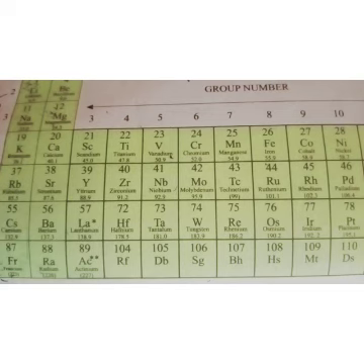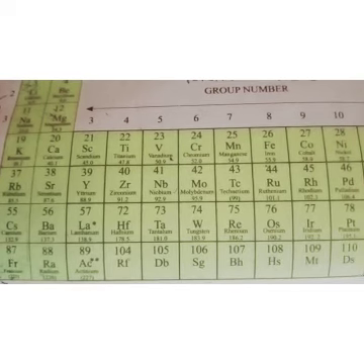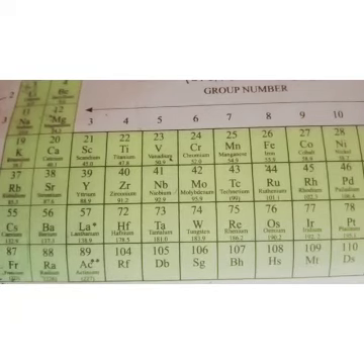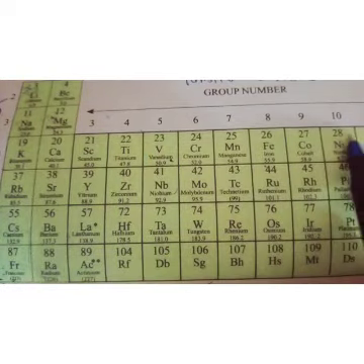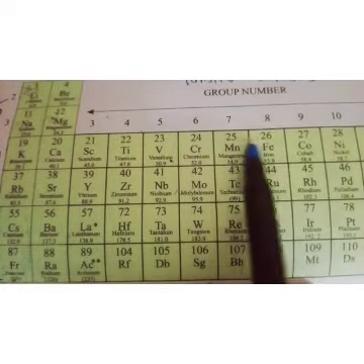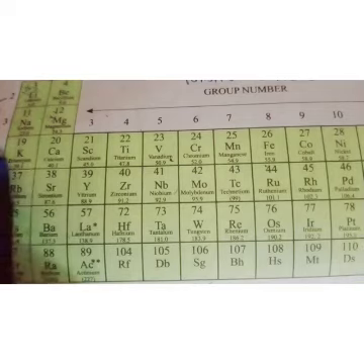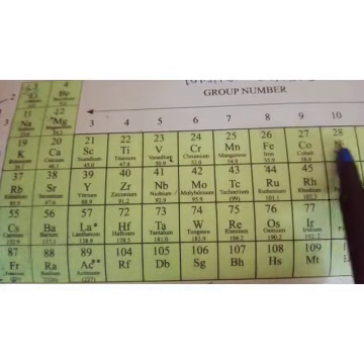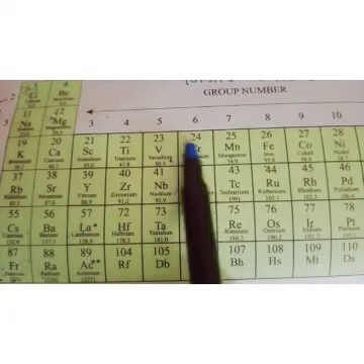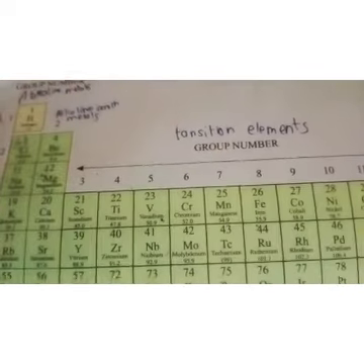Now let us study more about the modern periodic table. As I have told you, in the modern periodic table, elements are arranged on the basis of increasing atomic number. The numbers written above the elements are atomic numbers. Here you can see the elements are arranged correctly on the basis of increasing atomic number with a 1 unit increase.